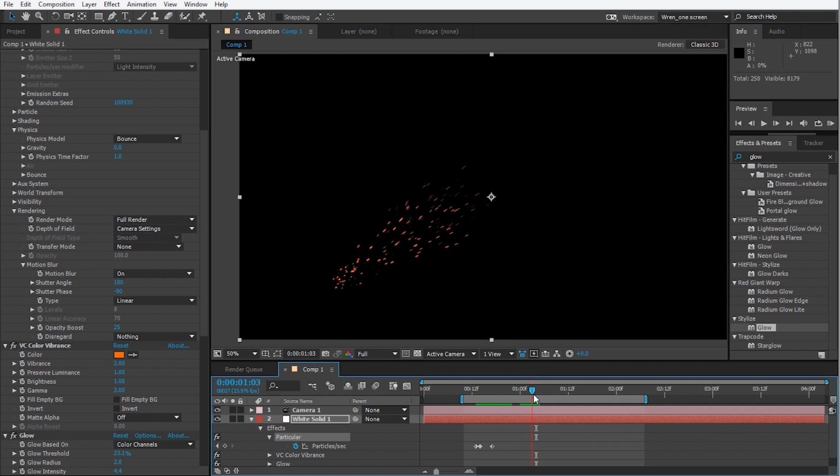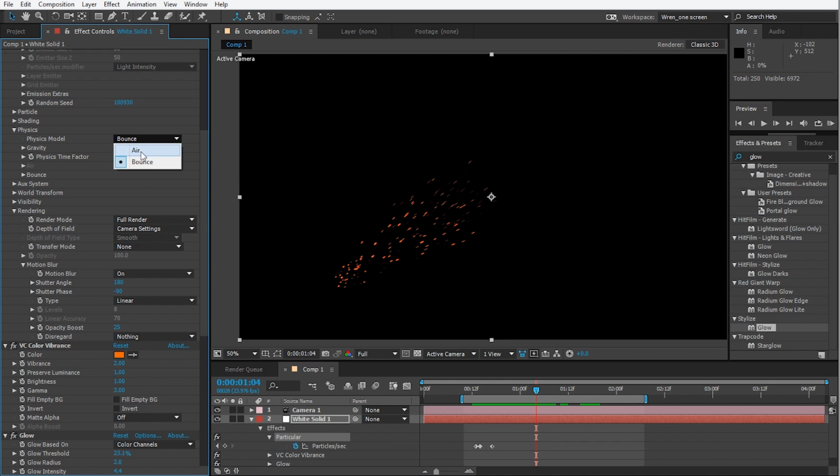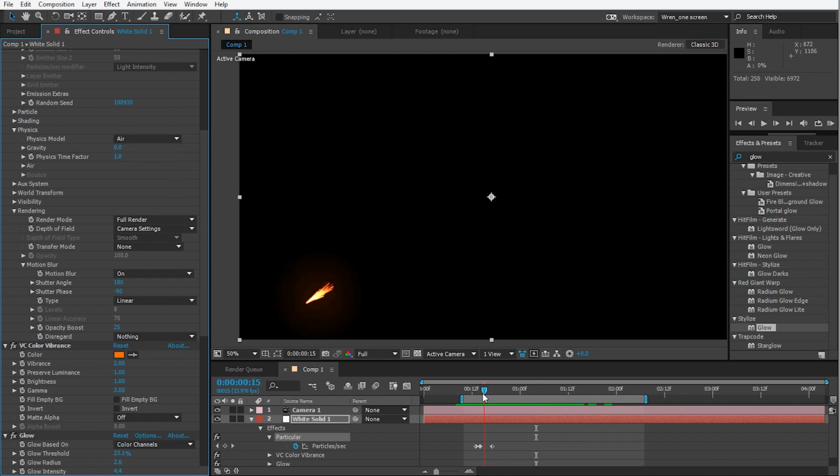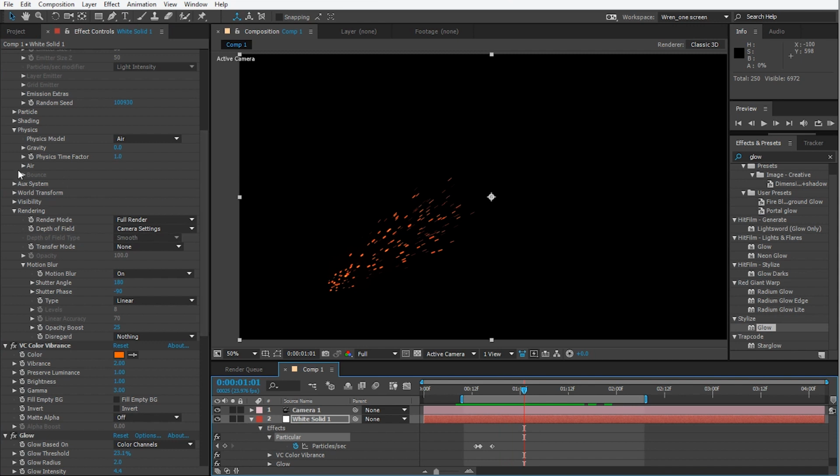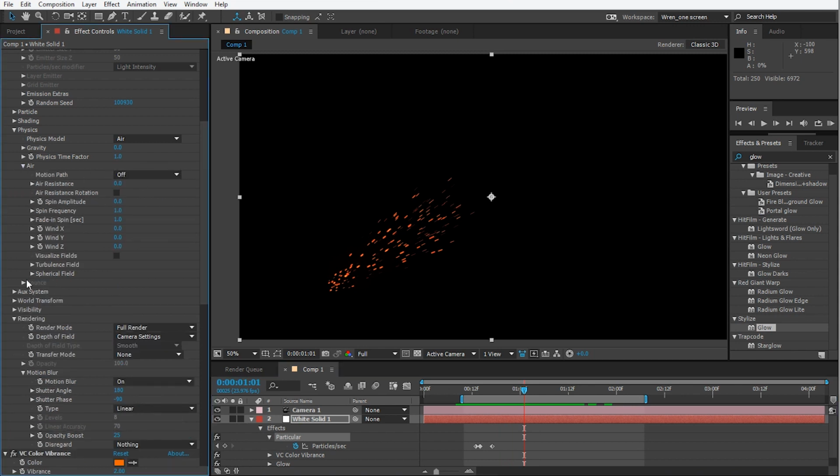It's cool and all, but you don't get any of the air movement and turbulence you get when particles are moving through the air. They interact with the wall and all, that's cool, but we don't get what we really need here for the sparks and embers, which is turbulence. And so we're gonna set this back to air and go down to our air settings and open up the